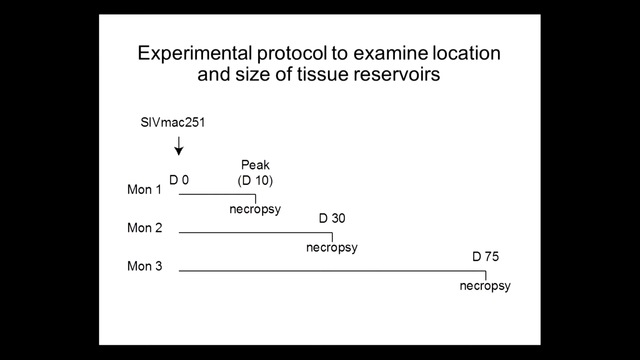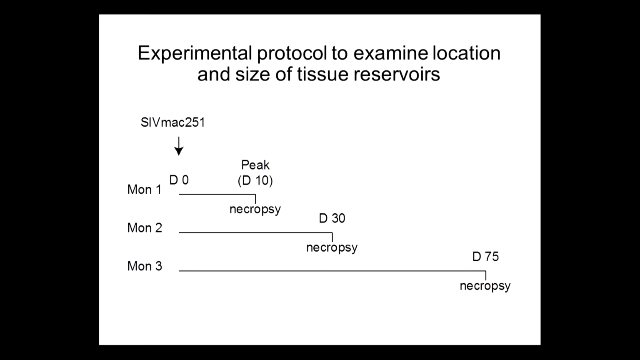We came back in one of the monkeys at peak viremia, which is approximately day 10, and we necropsied the animal. The next animal we let go for 30 days, and we necropsied the animal, and at day 75, we necropsied the last animal. From these animals, we took every tissue possible. So what we wanted to do was survey the animal from the top to the bottom, every organ we could get to